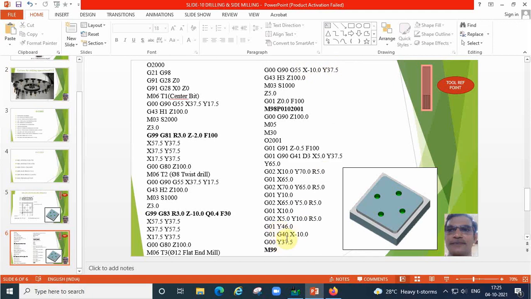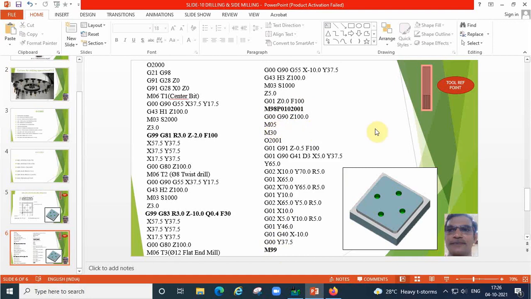After that, don't lift the cutter. Keep the tool in the same spot. Simply put M99. That is subprogram end or cancel. Now what will happen? The machine is reading line by line. Up to this only it will read. After searching 2001, it is doing the side milling operation. After searching M99, once again it will go back to this line, G00, G90, Z100, and then switching off the spindle and M30. This is program end. It is completing the entire program.